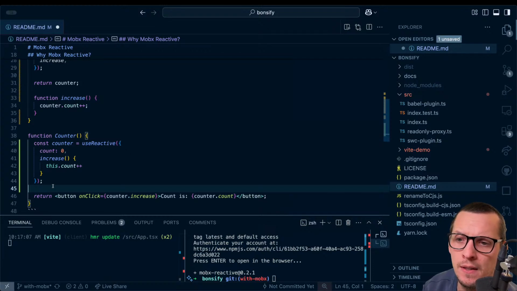Then you can use useState. It's not like a bad thing. Of course, you can do it. And maybe that's fine.